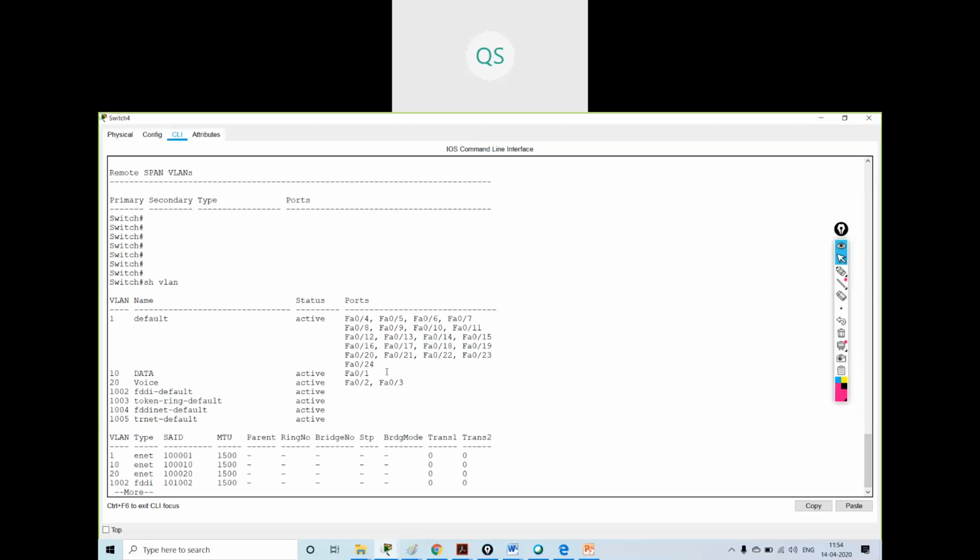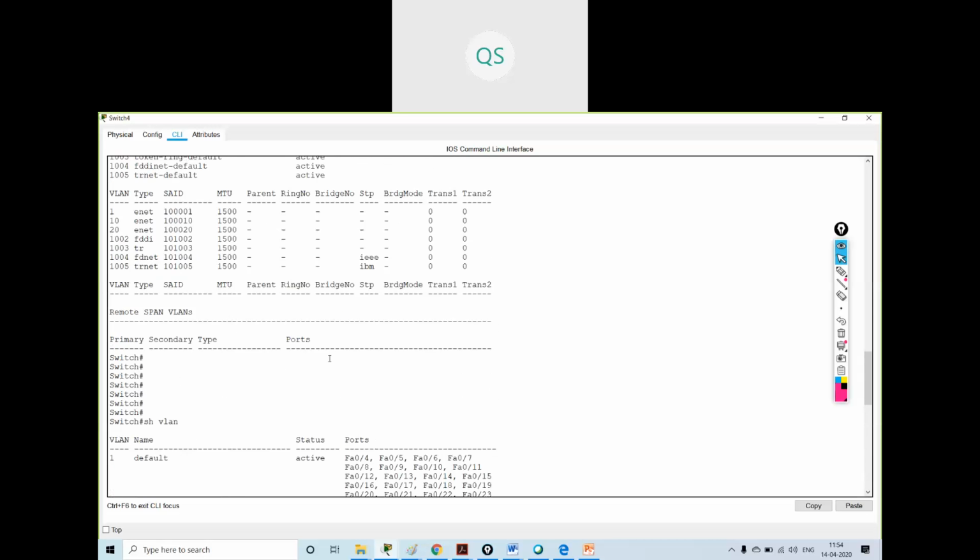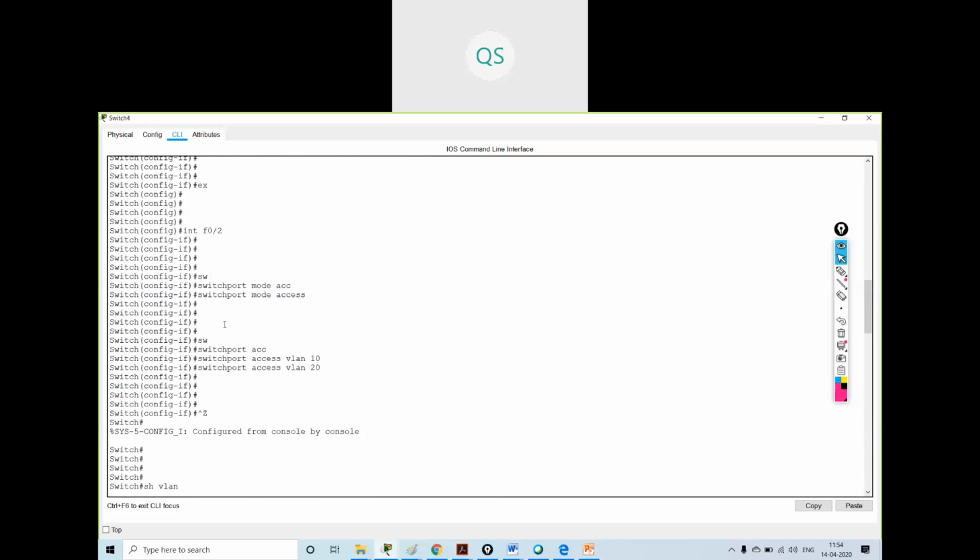I should get over here the data VLAN traffic also. The fast Ethernet port 0/2 also should come here, because it is also carrying data VLAN traffic. We have configured fast Ethernet 0/2 as it has to carry 10 and 20 both.